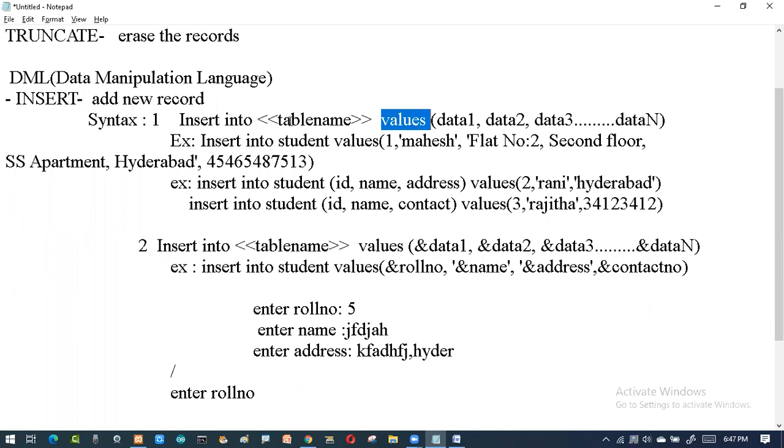Then if you remember the syntax, automatically you will get it. No need to mug up. If I write it 100 times or 10 times, it will not come. If you remember what you want to do, put the question to your mind, and automatically the syntax will come. That is the beauty of SQL commands. Okay, so we have something called insert into student values, and I want to give the values.